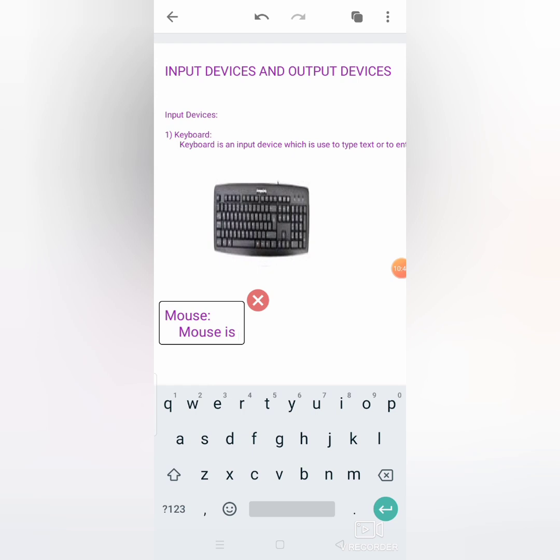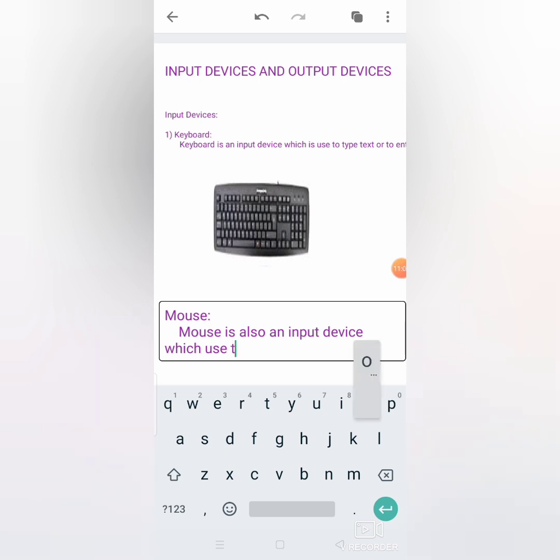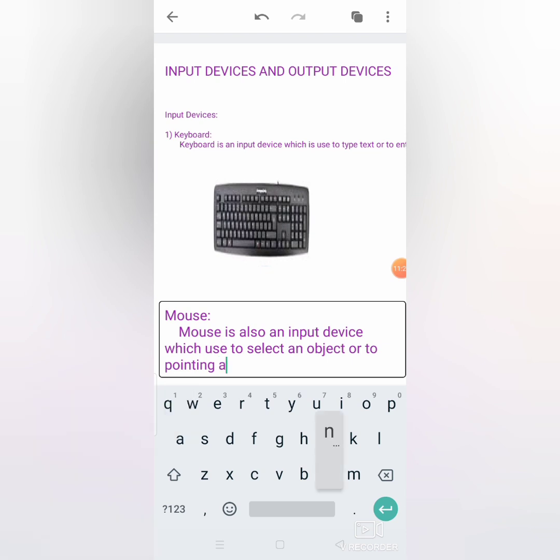Mouse is also an input device which is used to select an object or to point at any object.